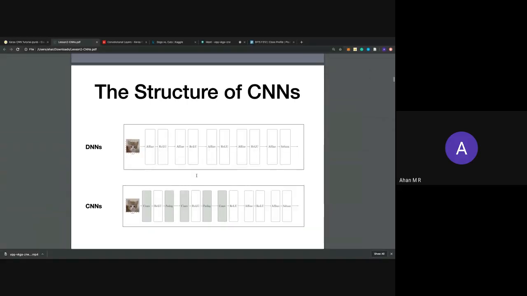The structure of a CNN is very simple. Given an image, you pass it through a convolutional layer, and depending on whether you need an activation layer or not, you can pass an activation layer. And you also have pooling. I'll be explaining max pooling, average pooling, and min pooling as part of this lab. You use pooling especially to reduce the size of your image, like downsampling.